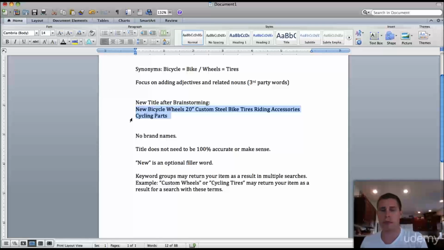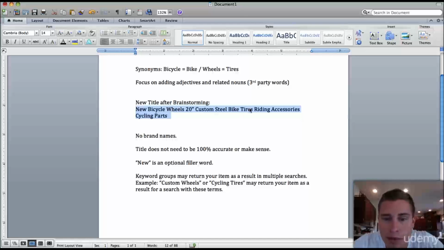So again, we're not even just looking for people strictly looking for bicycle tires, okay? We're even looking for people that just ride in general because these are the type of people that might come on looking for a handlebar, or they might come on looking for a new chain for their bike, and they see this wheels listing pop up because they typed in bicycle accessories or custom riding accessories, and guess what? Your listing popped up because those keyword phrases were in there, and now all the people out there that have listed your product, the bicycle wheels, right? None of those listings are popping up in front of the people that typed in bicycle riding accessories